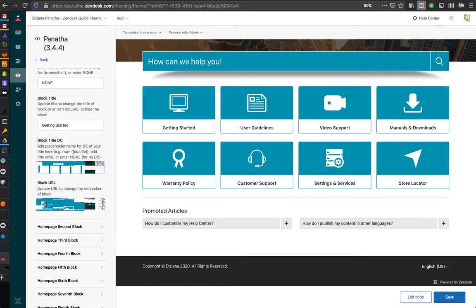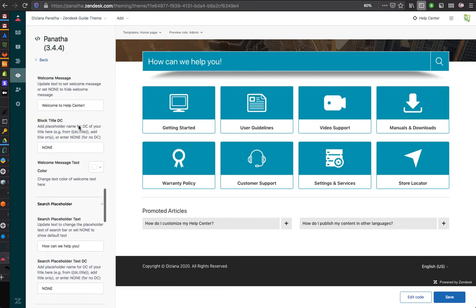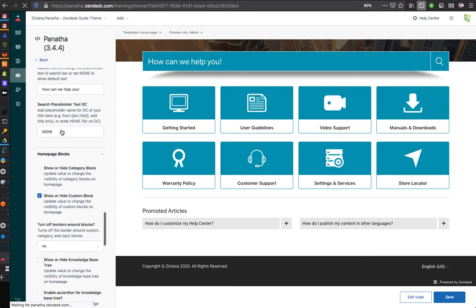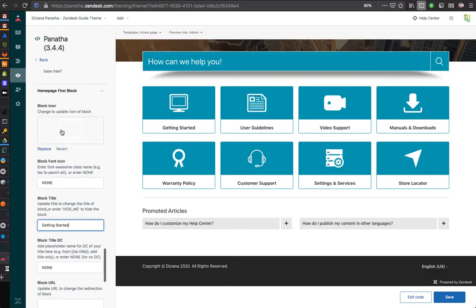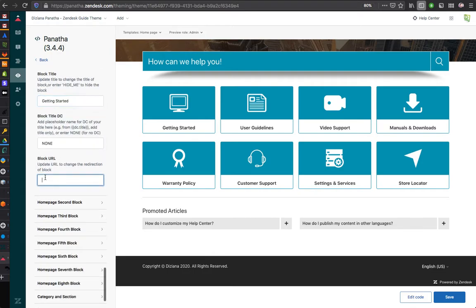Over here where it's showing the hash or pound sign, you can just add a link. I'll show you. Okay, so this could be any link. It could be a relative link, like if you want to link to one of your category pages, you can just type sc, and then it could be a category id, where this 234 is a category id. Or it could be any https or http page, like google.com,